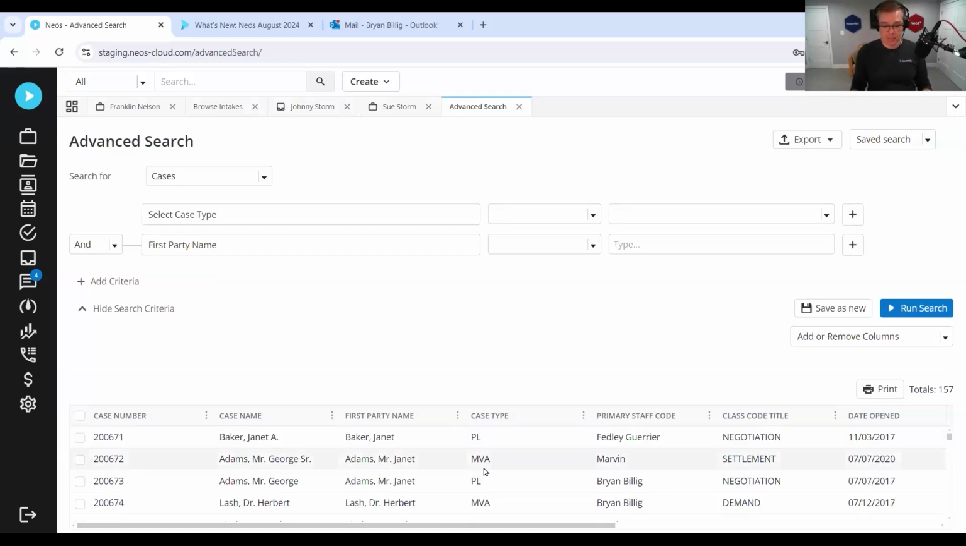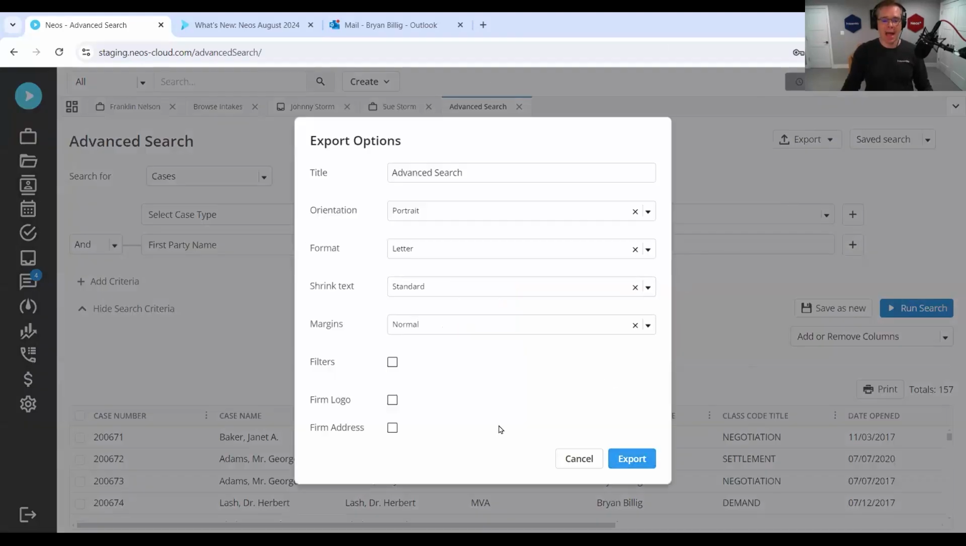But sometimes you need to generate an advanced search or report that then needs to be shared with someone either internally or externally with your firm. And we've kind of stepped up your customization options here. So in advanced search under export and PDF, you now have the ability to make some different changes here, including